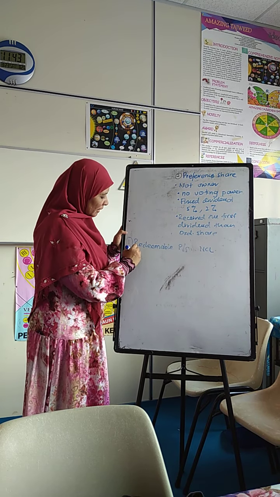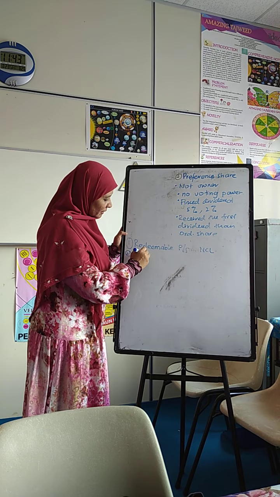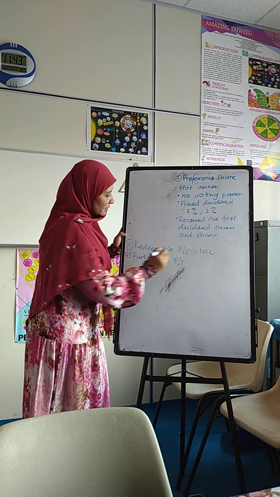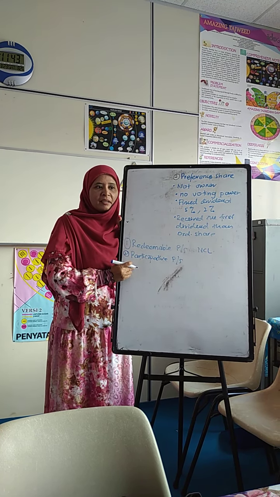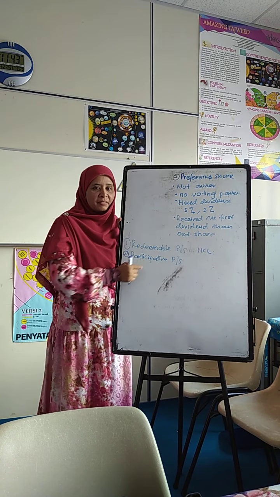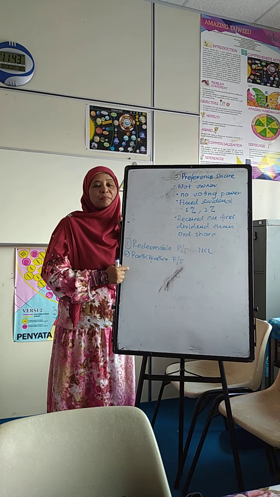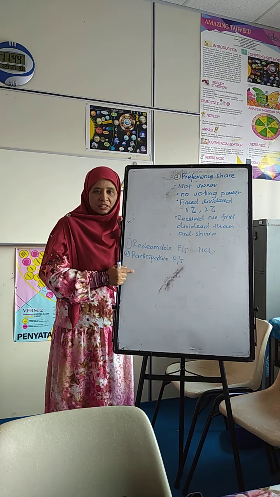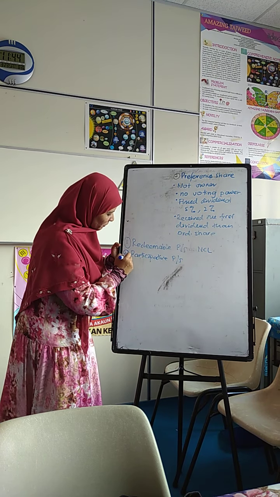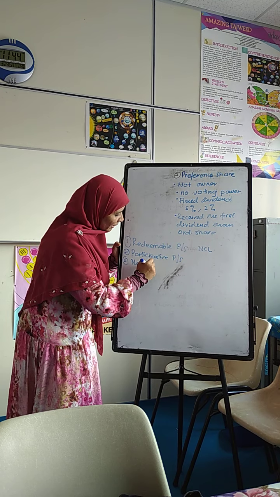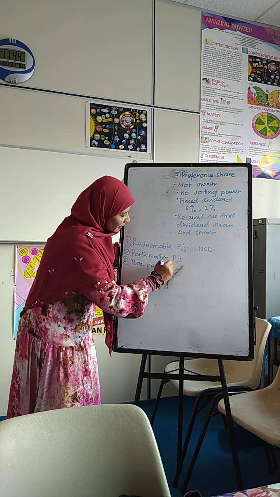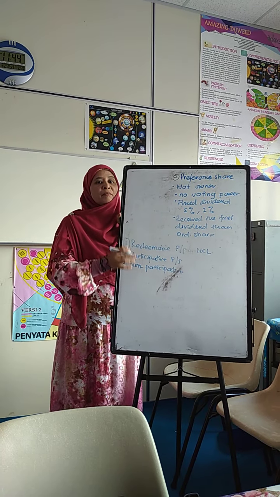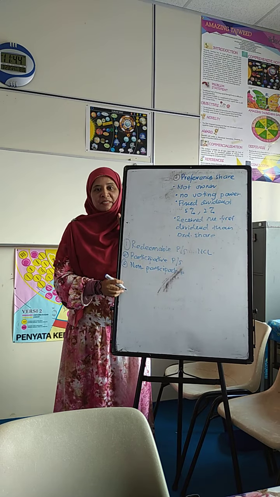Next, we have participative. Participative preference share, right? Participative preference share is where the shareholder can ask for more dividend. Let's say they already have 5%. They know that the company is making huge profit, so they are able to claim a higher percentage of the dividend. That's what we call participative. Next, number 3, we have non-participative. Non-participative is where the shareholder cannot claim more. If they have a 5% return, they can only get 5% of dividend.